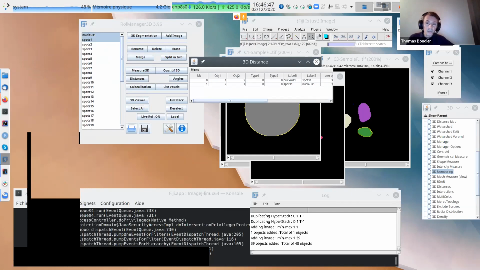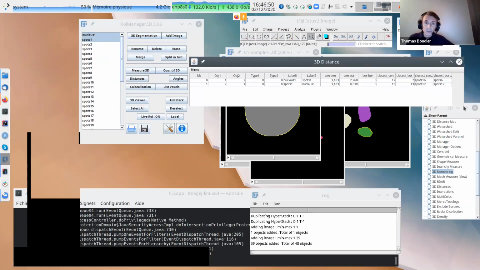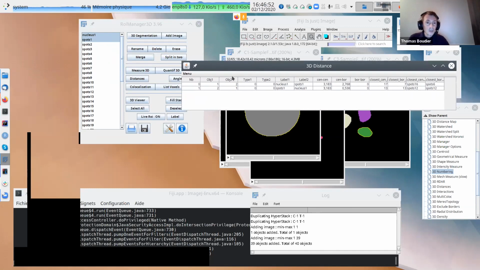So what do we have? A lot of things. First we have the line number, don't care about this. Maybe it's more interesting to look at this. First, the distance between nucleus 1 and spot 1. Also we have the distance between spot 1 and nucleus 1, because maybe it's not completely symmetric.